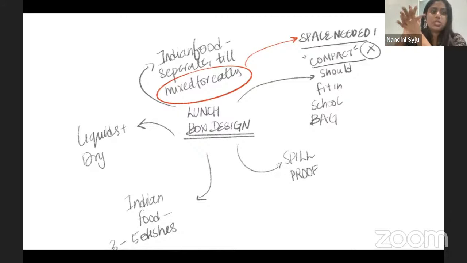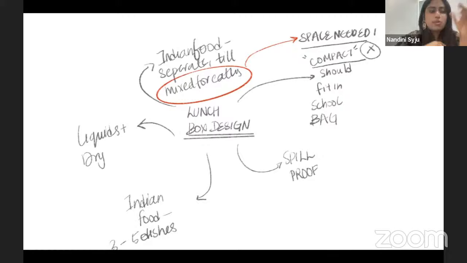Again, there's going to be a mix of liquids and dry fruits. We are going to have a main section that's going to be the carbs, right? And there's always going to be 3 to 5 different items. And of course, we will have to think of a way to make it spill proof. But again, this is a little girl, so we cannot have one of those crazy containers. You know, it was one of my core childhood memories. I used to have a tiffin box that's twice my size. I used to be a little girl. I used to go up to the closest akka and be like, please open it for me. So we can't do that because it is a little girl. So it has to be something that's easy to open, right? So these are the main pain points that I thought of off the top of my head.